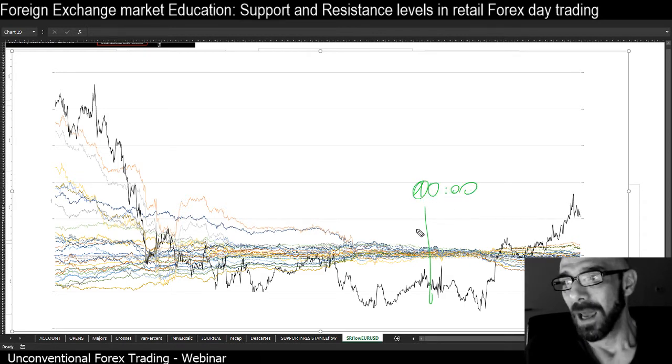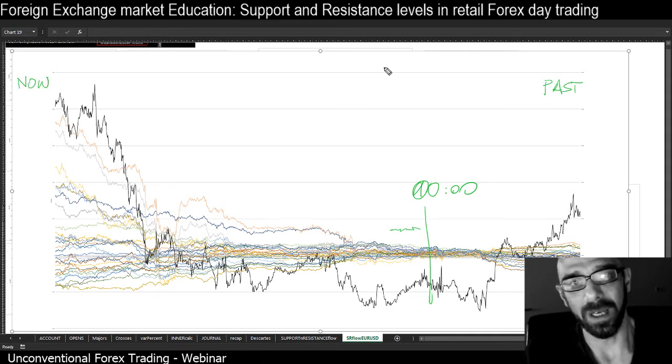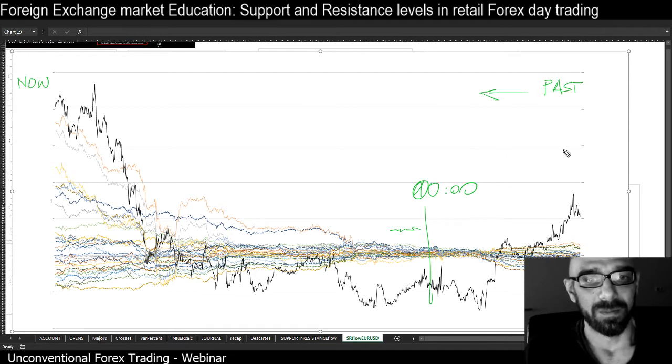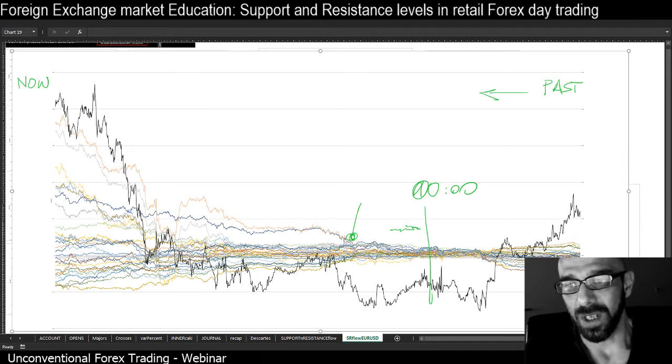Of course, we always have the past here, and here we have the present, now. So we have to read the chart this way. We are coming from this side of time, and through the very first hours, we could have already checked here in the spot that this currency,